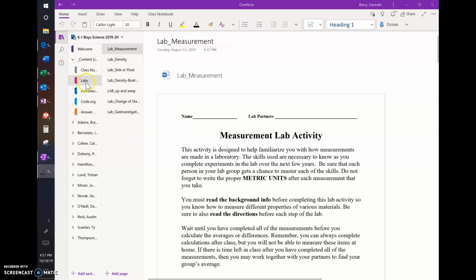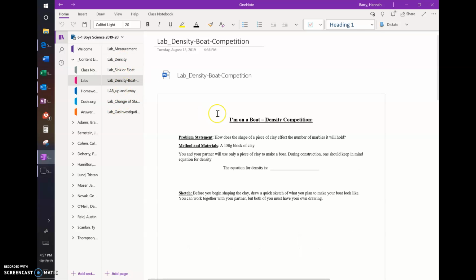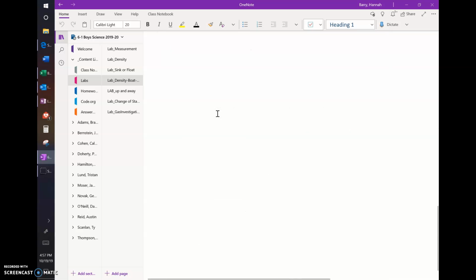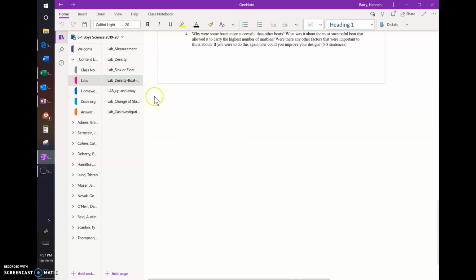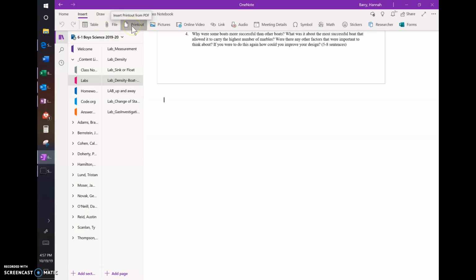Most of the time this is going to be labs, so what you need to do is go into your labs tab, find the lab page that you want to print it on, and then scroll to the bottom and click where you want the page to be inserted. Usually that's underneath the last one. Then you're going to go to Insert, Printout,